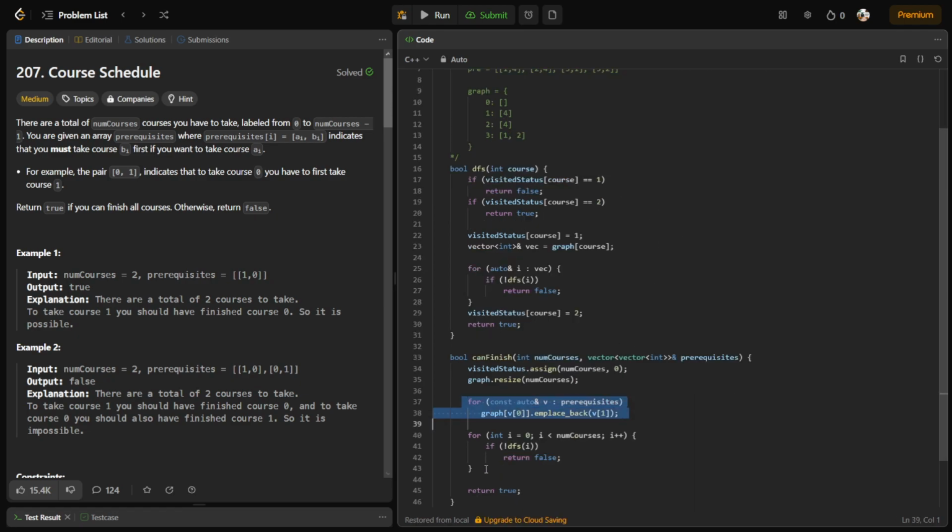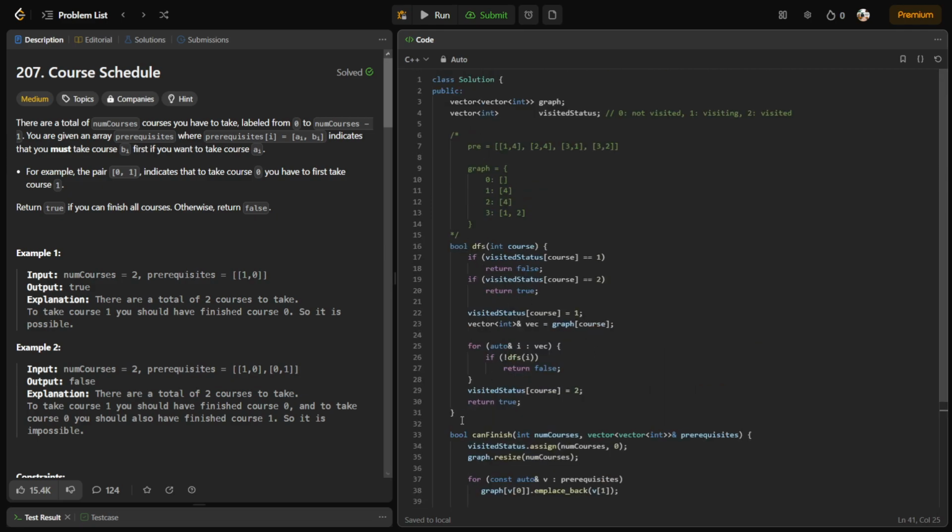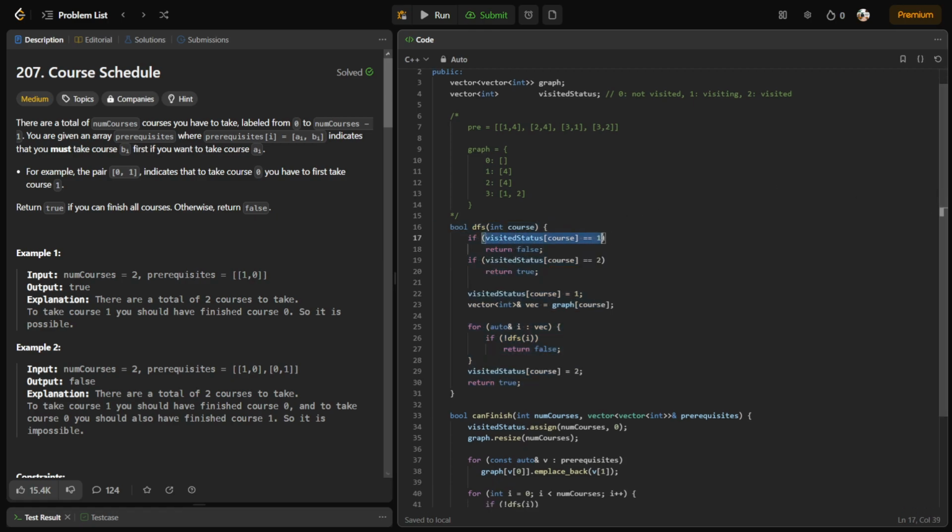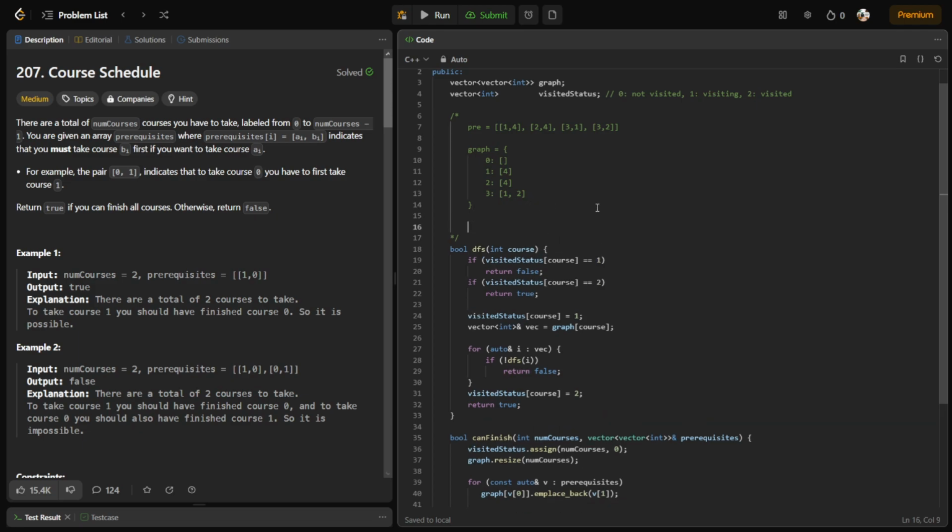Afterwards, I run the default search for each subject, for each course. So let's take a look at what the default search function does. Here, I check whether or not I've visited this course. So in this case, the default search I'm running,